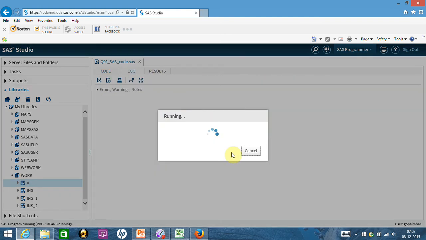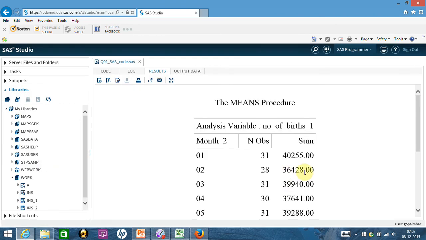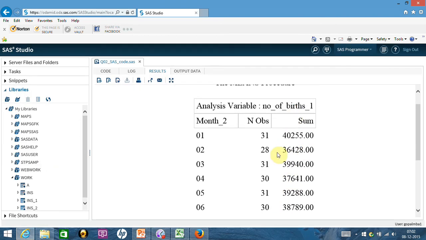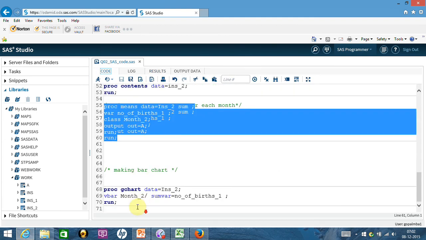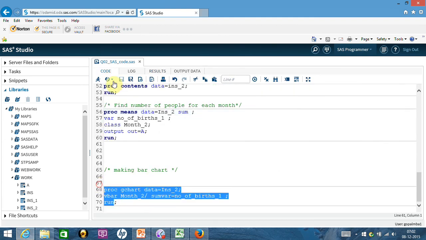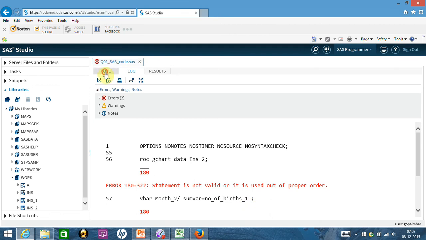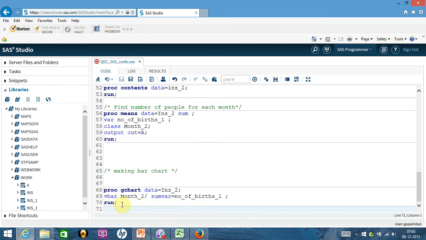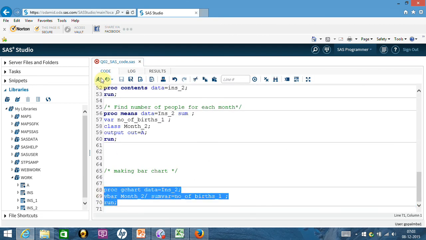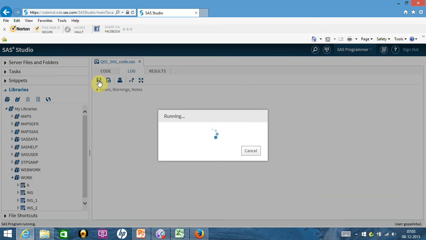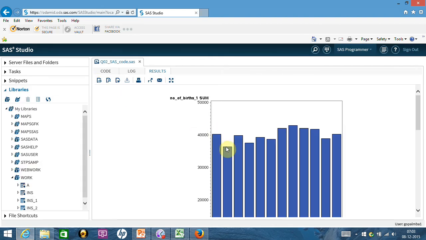So the very way like 36, 39, whatever we were looking at, that's the same way the graph has come. There is no reason why it should produce differently. Sorry, I had not selected it correctly. So 40, 36, everything has come. So that's how we accomplished the task using SAS.